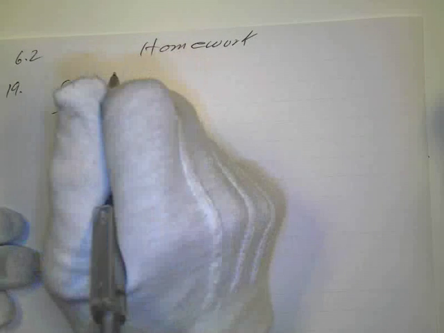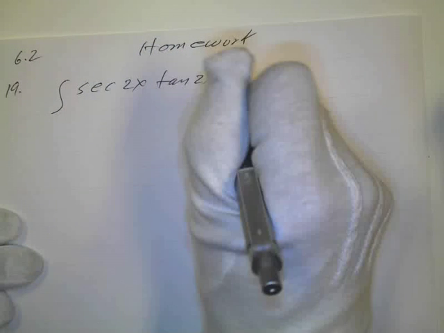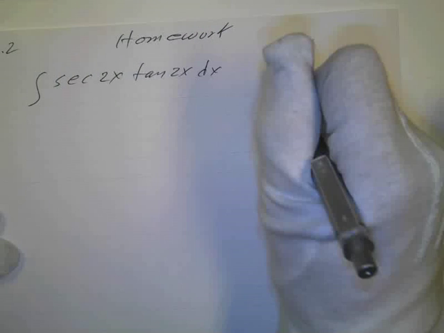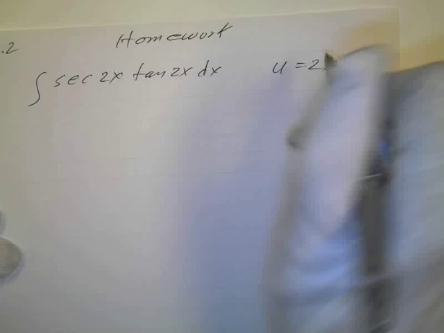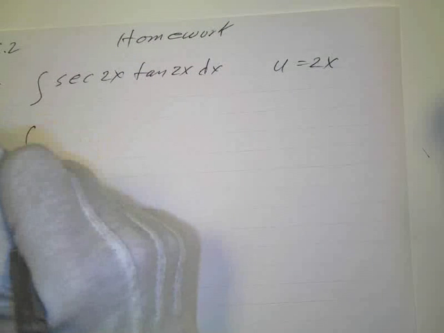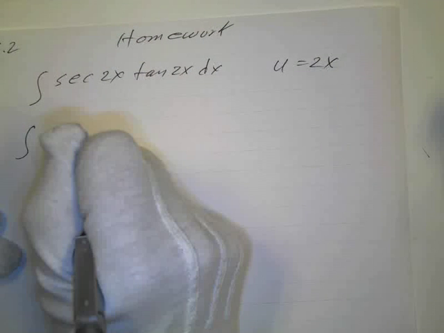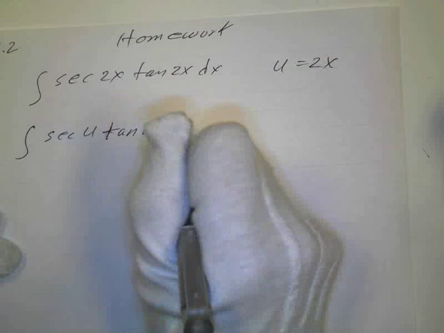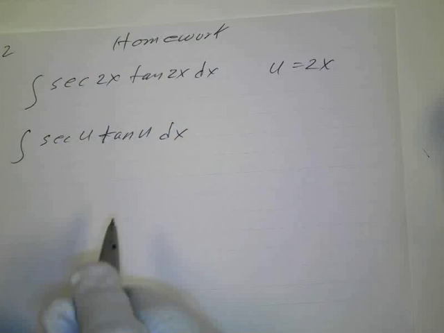So the integral of the secant 2x tangent 2x, and they wanted you to let u equal 2x. So u equals 2x. So I'll put my substitution in. So I've got the integral of the secant of u tangent of u dx,